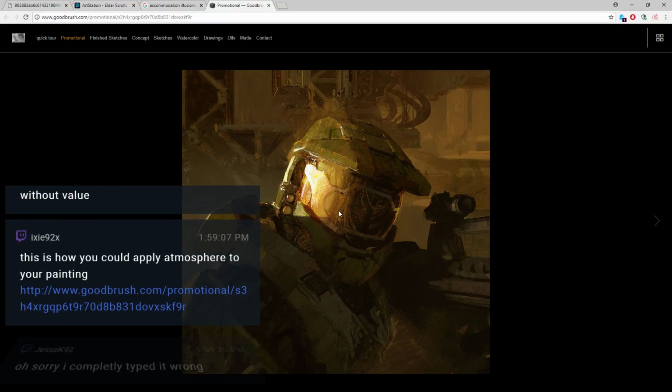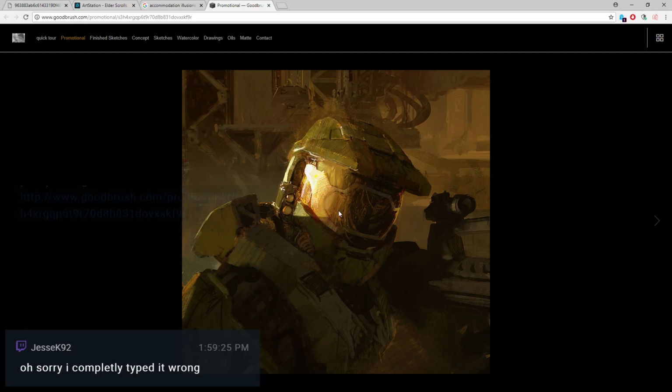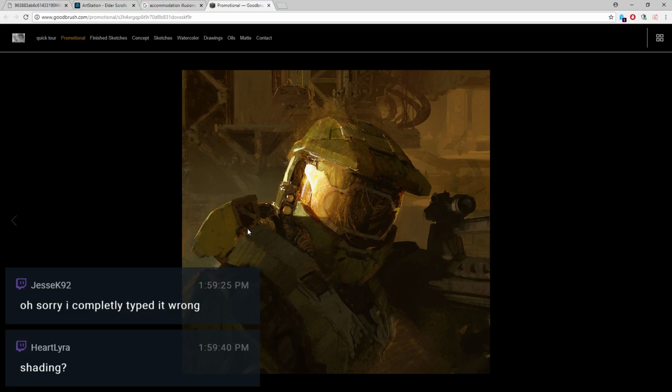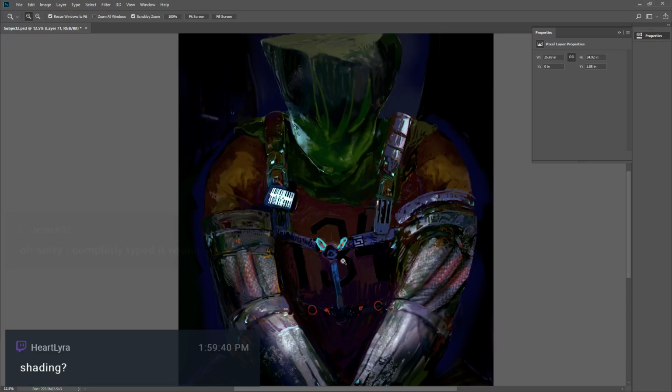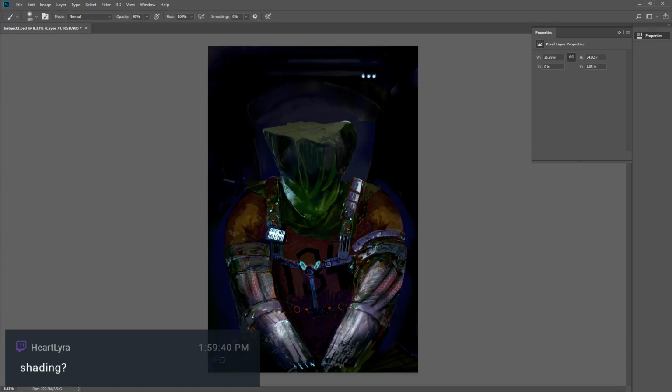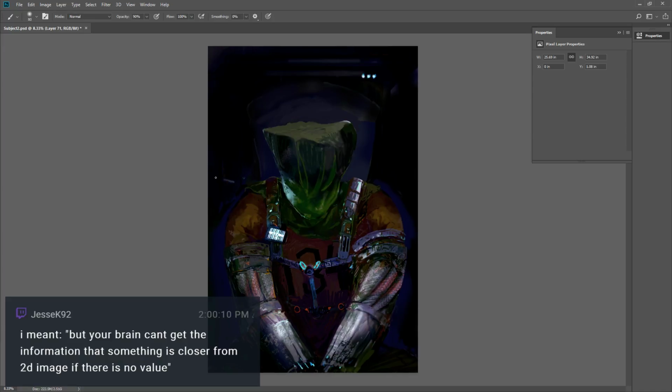I don't really see atmosphere here. I see what's called lighting. What's called difference. Bleeding shapes together, with lighting, I think. Shading. I feel like you're trying to explain to me that your brain can't get the information that something is closer from